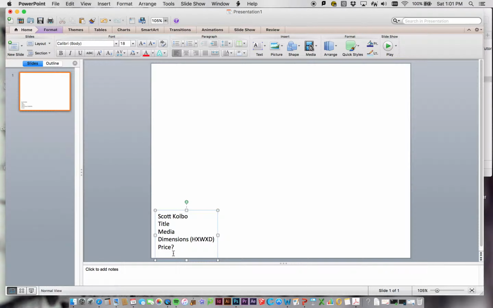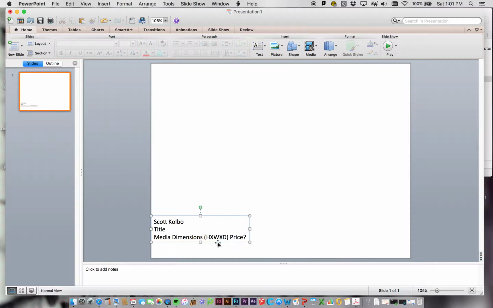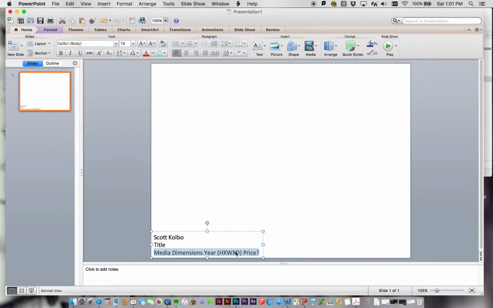So what I like to do for mine, since this takes up an awful lot of screen real estate here, is I tend to just put all of this stuff together here. So I just make more of one long string out of all of these things. Oh, I'm sorry, I forgot one thing here. You want to make sure you put the year, right? And then you can just park it down here in the bottom corner,